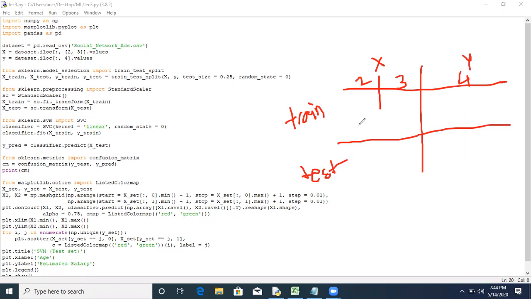And we are assigning 4 variables. So this is X train, the input training part. This is Y train, the output training part. This portion is your X test, the input testing part.